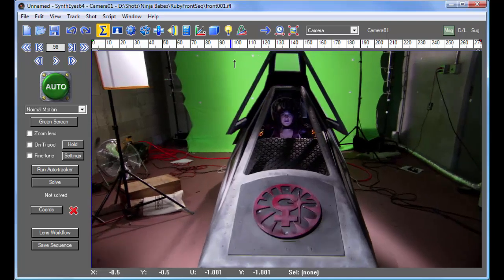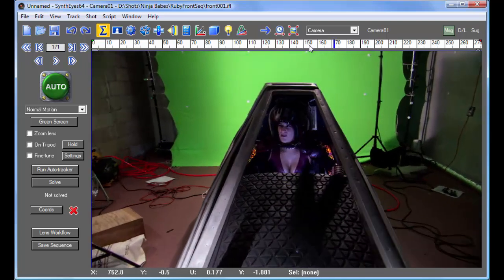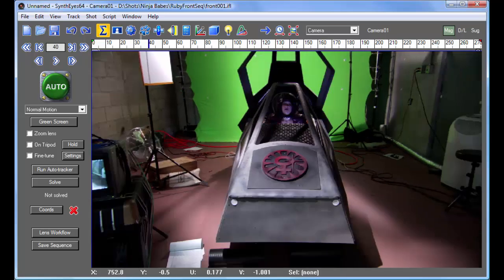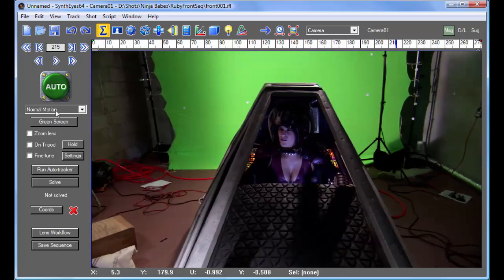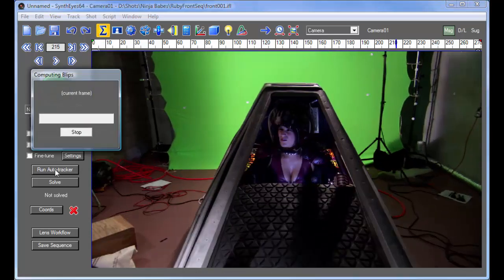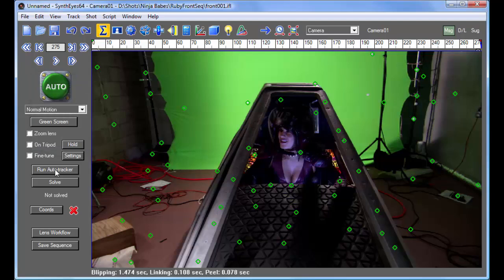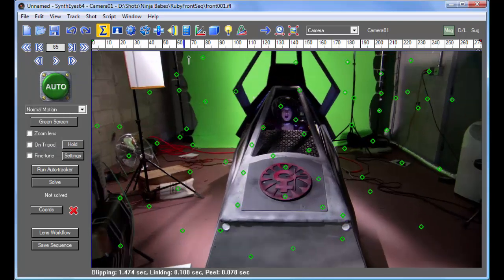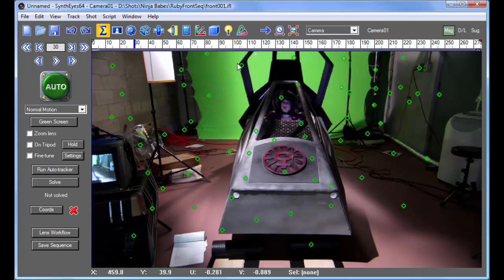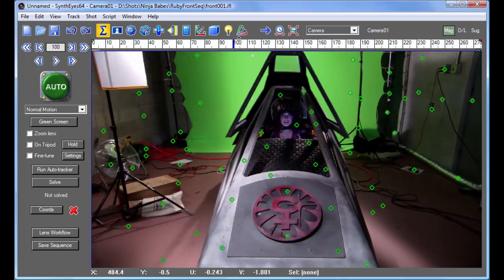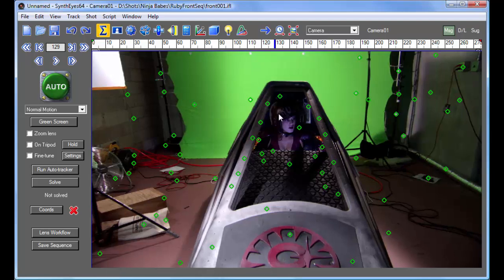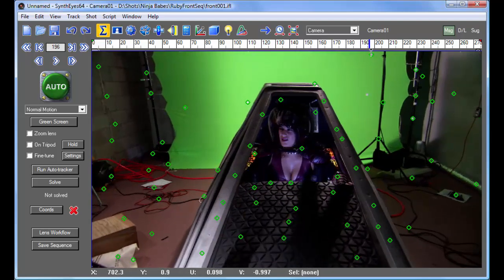One, a cockpit door that's closing, as well as the actress within the cockpit. And if we just go and create a bunch of auto trackers now, you'll see that sure enough there's a tracker on the cockpit here. There's actually another back there, as well as a couple of trackers inside this cockpit area that are moving around